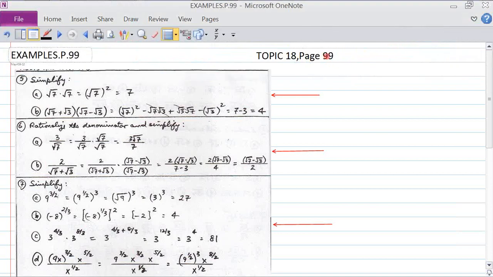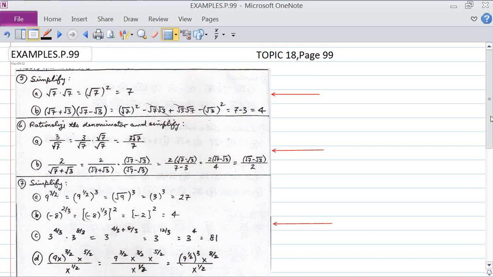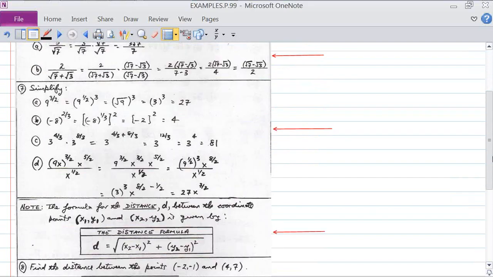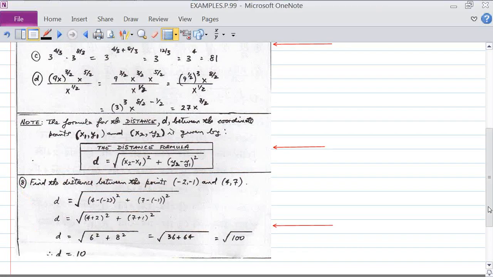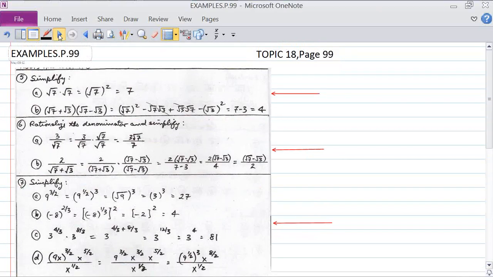We're on page 99, and 99 is a continuation of what we saw on page 98, except that we're going to do other examples using radicals. So we've got examples 5, 6, 7, and then we've got the distance formula and the application of the distance formula in example 8. So let's get started with